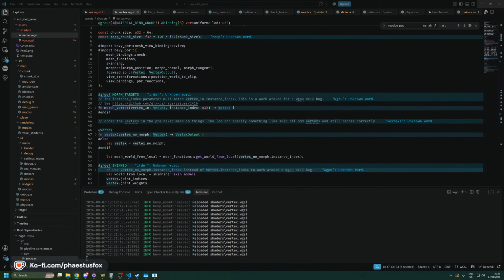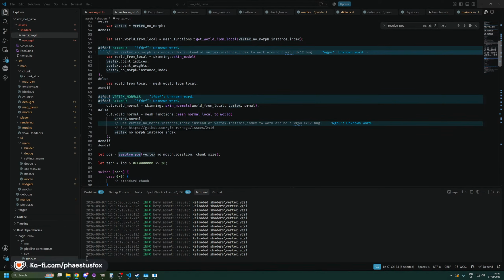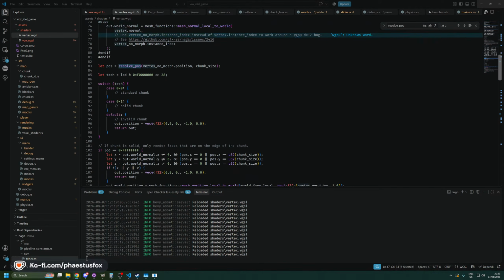Okay, so vertex has a position, a normal, a UV, a tangent, a color, joint, and index. No, wait, instance index. Now, my hope is that the instance index is saying